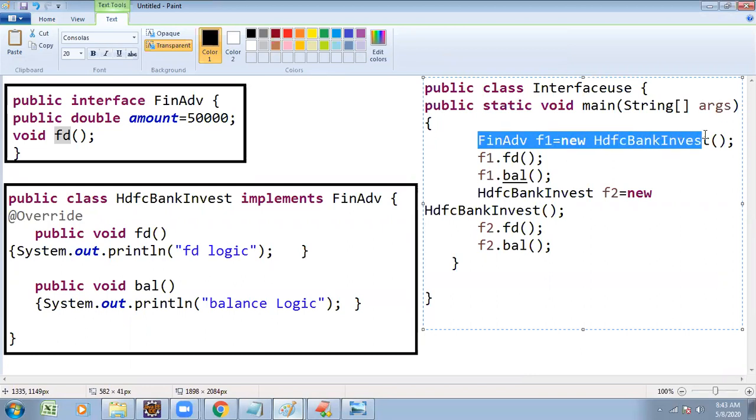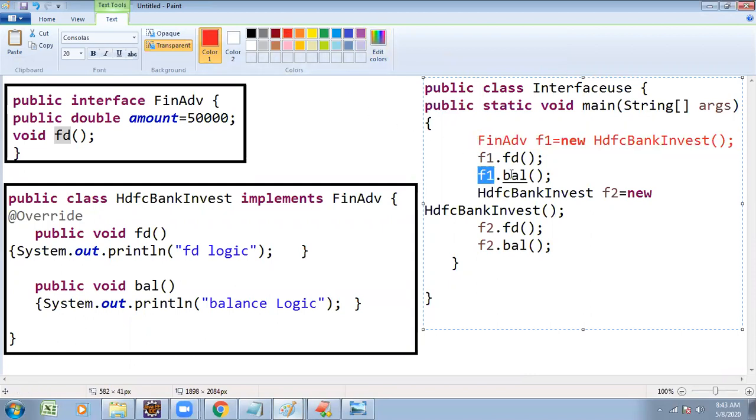Creating an object based on interface reference, what is going to be accessible? Only the interface method is accessible. Which is not accessible? The subclass's own method; you cannot access it as a FinancialAdvisor.